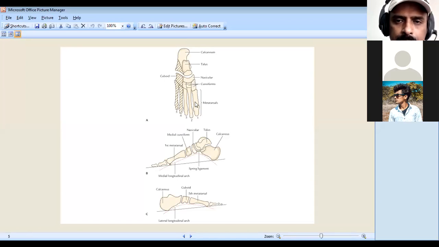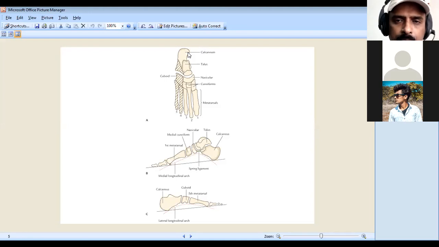Anterior pillars are these three metatarsals, first, second, third, the three cuneiforms and the navicular. Then we have the medial half of the calcaneum, which is the posterior pillar. Then we have the ends: the heads of the first, second, third metatarsal bones, and the medial tubercle of the calcaneum, which is the posterior end. So pillars and ends we have here.